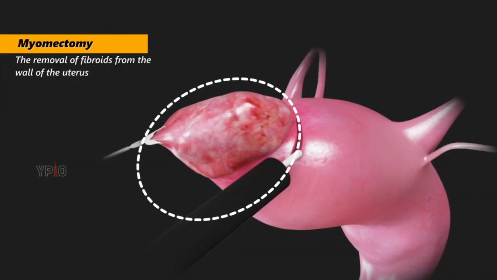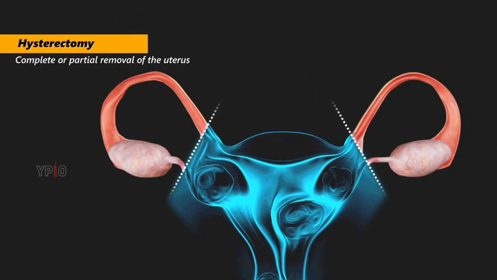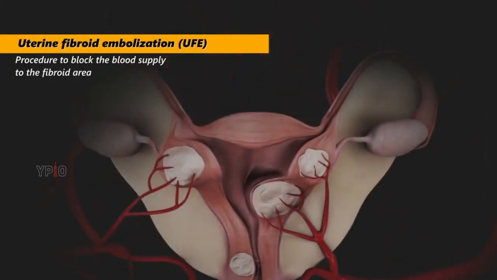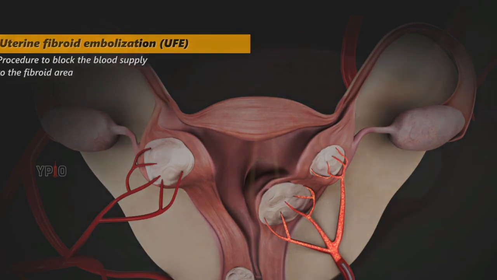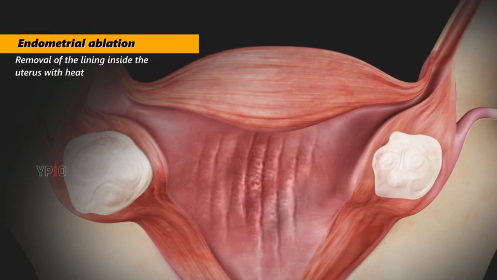myomectomy, the removal of fibroids from the wall of the uterus, hysterectomy, complete or partial removal of the uterus, uterine fibroid embolization, UFE, a procedure to block the blood supply to the fibroid area, endometrial ablation, removal of the lining inside the uterus with heat,